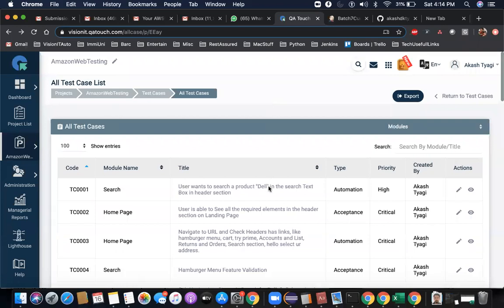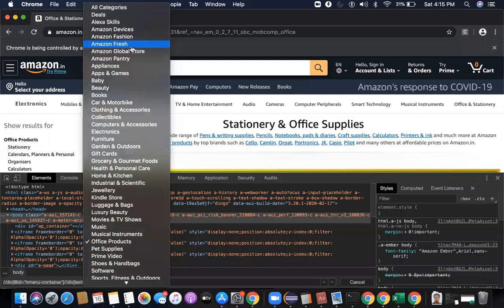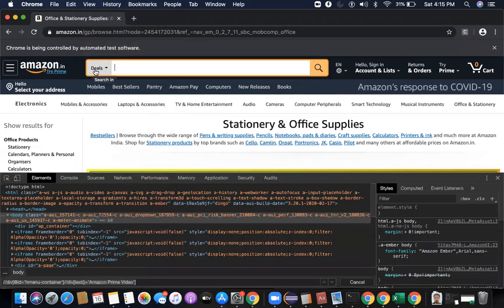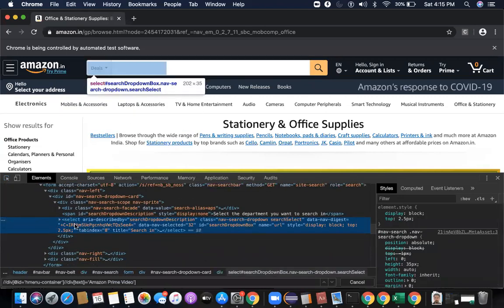Last thing which I want to talk about: I wanted to automate another test case. Someone wrote this test case and it's a good test case. Then that list is appearing here. So if you select, for example, a specific item, then that should be selected here, which again is not a critical test case. It's a high or maybe medium test case, but we will automate it because I wanted to explain how to use the Select class, this select thing, right? So maybe I'll not automate it now. I will record a video because I wanted to cover something else as well in this part. So let me show you something.